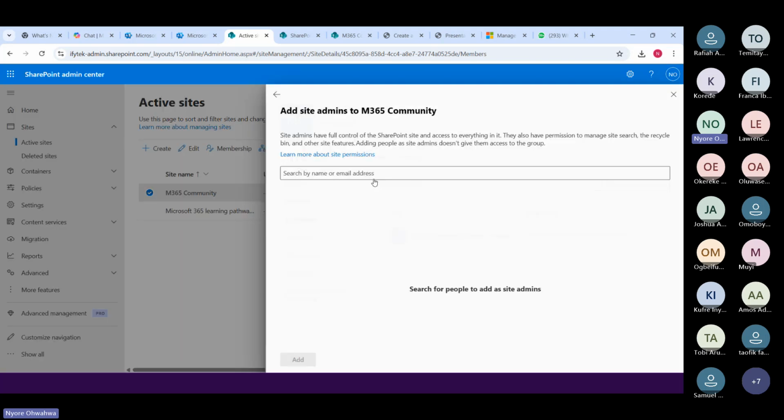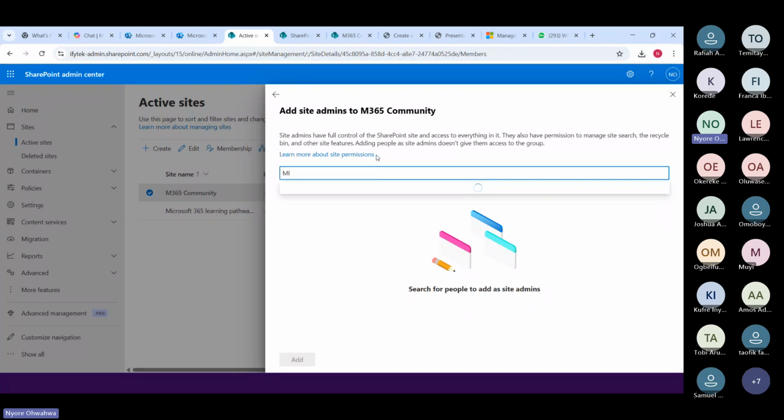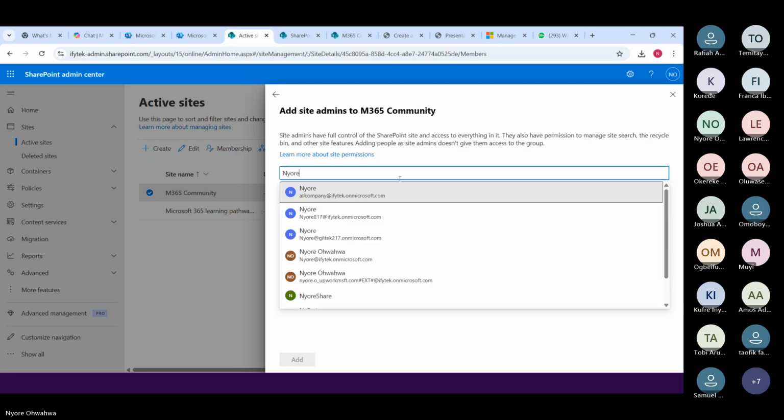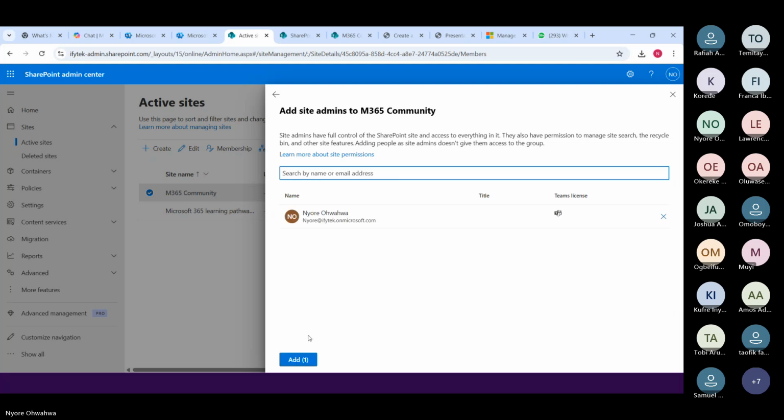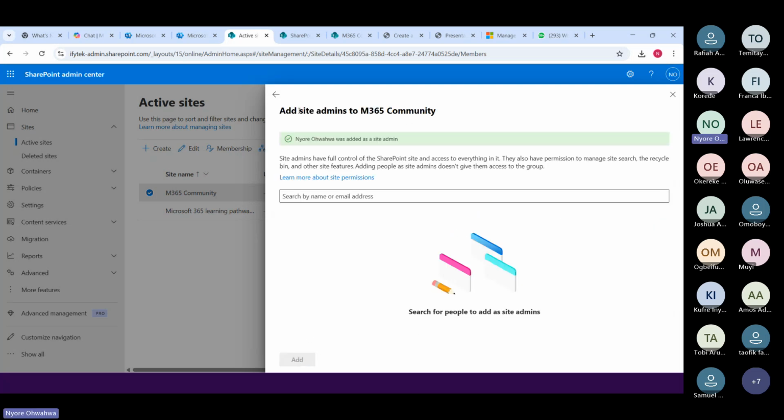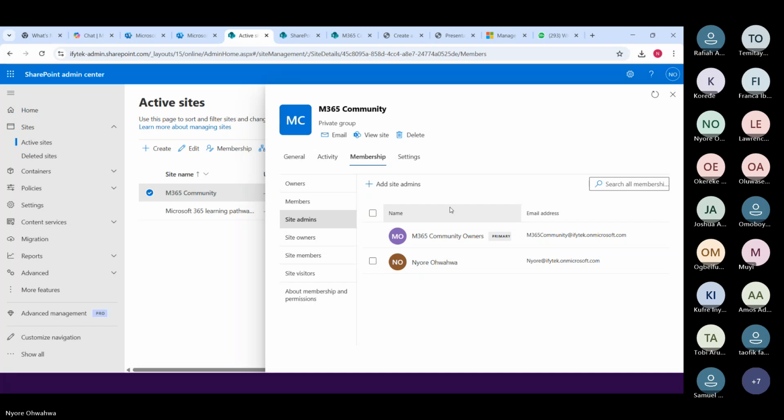So I can also add myself as a site admin, even if I'm a site owner. So I added myself as a site admin. I can add members from here or add owners from here.